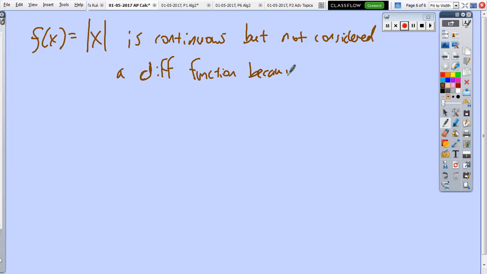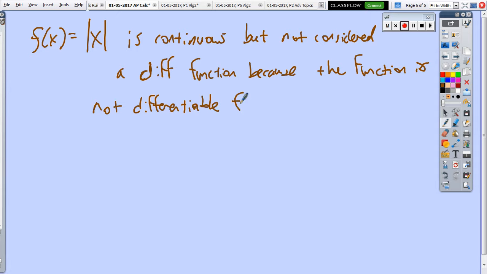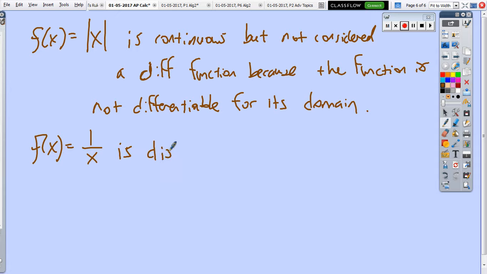Because the function is not differentiable for its entire domain. I'll say for its domain. However, f of x equals 1 over x is discontinuous but considered a differentiable function